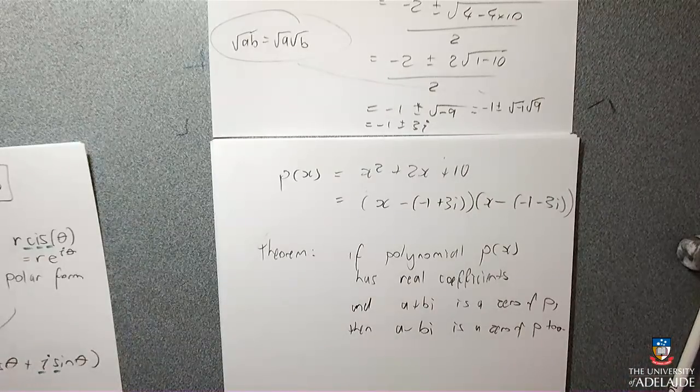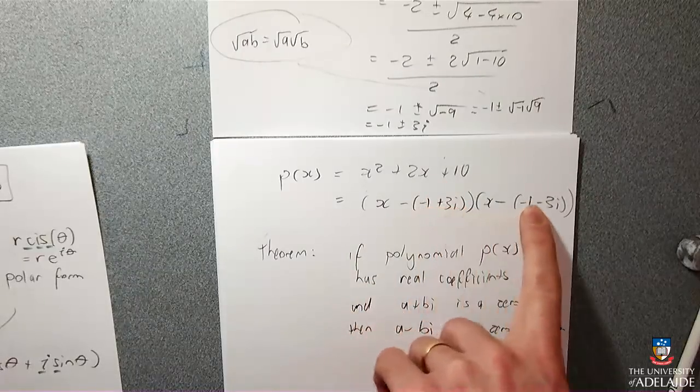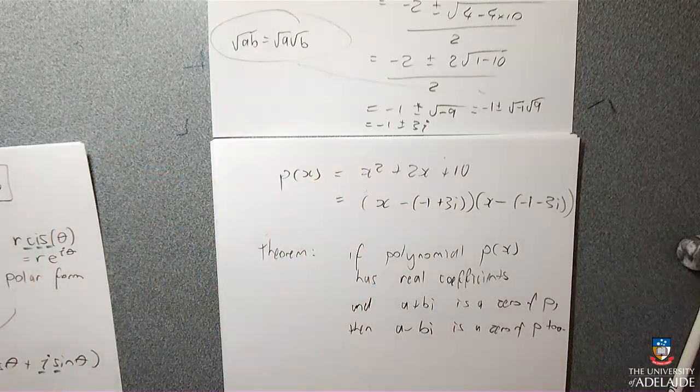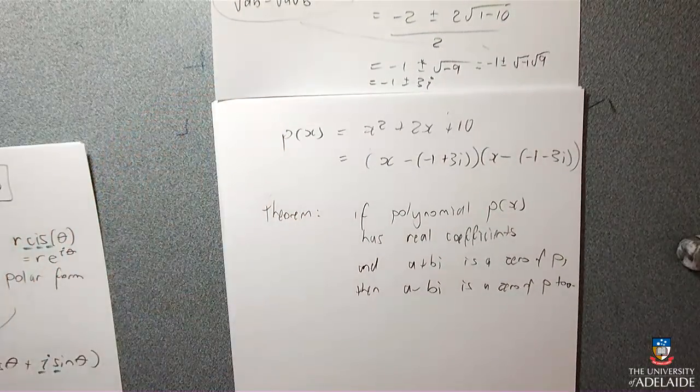Okay, so we saw it here. We got -1 plus 3i, and we also got -1 minus 3i because our original polynomial had real coefficients. If the original polynomial has some coefficients that aren't real, I can't use this fact. It only works if the coefficients are real. And so what that means is that if you happen to think of one solution that works, then the conjugate has to work as well. And it also means that they can create these funky little problems where they give you an unknown polynomial and tell you one of its roots, and then you can figure out what its coefficients are.